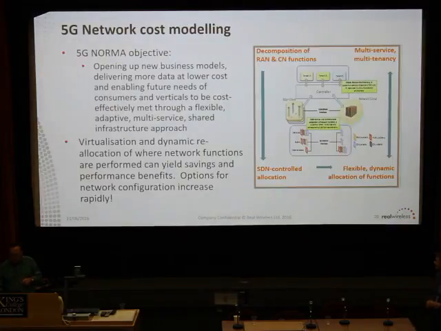So on 5G NORMA, I could defer to my colleagues who are experts in the architecture side of things here, and I will do. But the concept is based on this flexible network of sharing and slicing and flexible service introduction. So that's the focus really of the study. But I think I'll pass on to Peter.